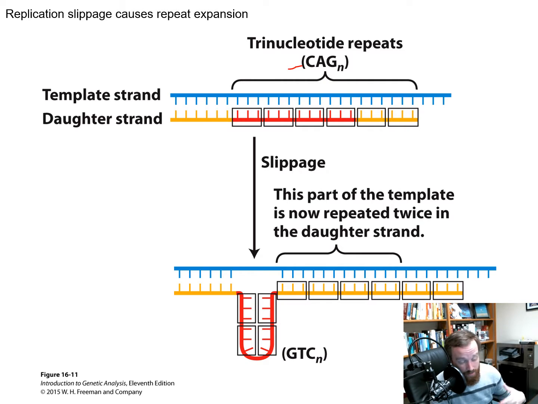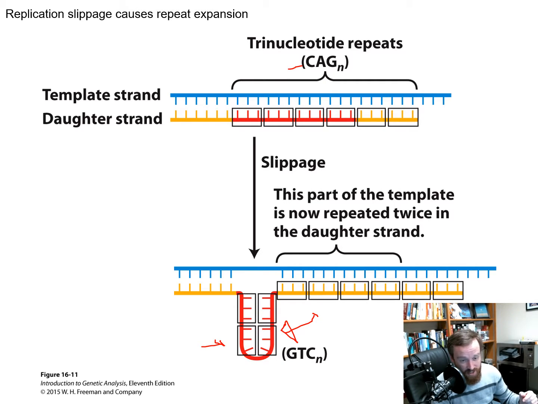And so during the process of replication, we can get this slipping that we saw previously, where we get the formation of this bubble, and because these repeats are able to bind to themselves, so CAG will bind to GAC, right, backwards, and so we can form these loops where they're kind of willing to bind to each other, and at that point it's kind of protected and it's comfortable being in this loop,